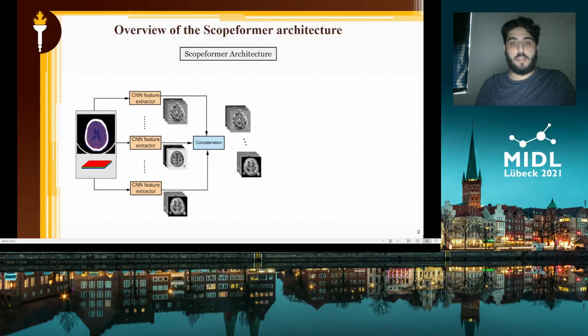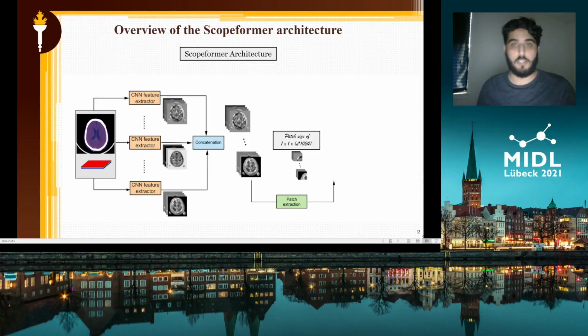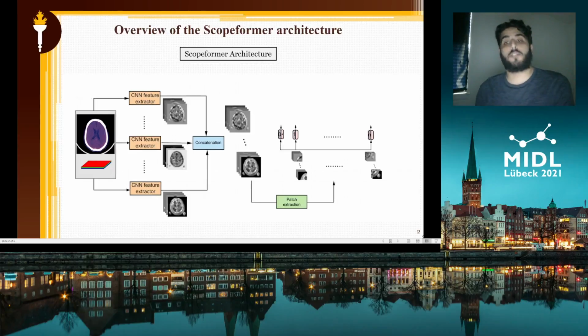So next we concatenate these features along the third axis, along the depth, and we get a feature map with a dimension of 7 by 7 by n times 1024. Then comes tokenization, or patch extraction. The dimension of each patch is 1 by 1, and of course the number of channels is conserved. We do the same thing for all the patches, and we get 49 patches, and then along with the CLS token and the positional encoding,